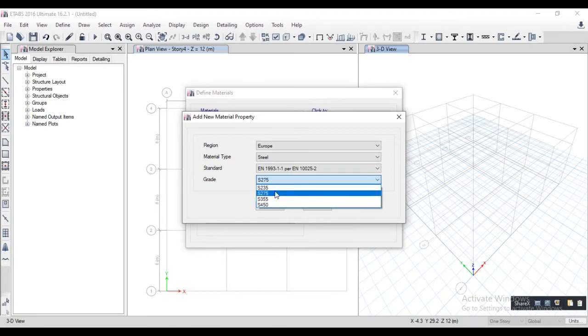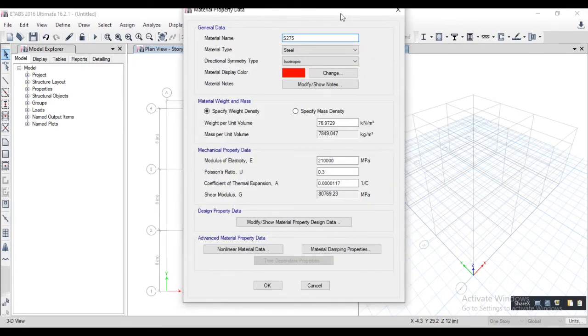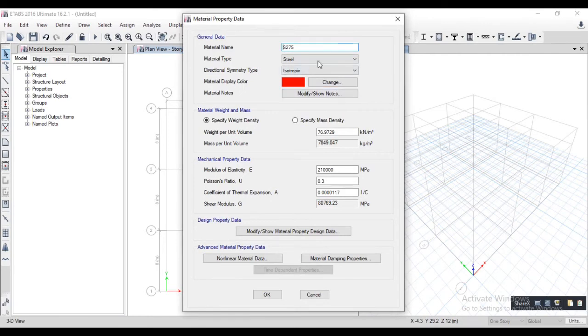Most of the time in Europe, S275 and S355 are used. So I selected S275 and click on OK. This is the material name S275. Material type is steel. Direction symmetry type is also isotropic.